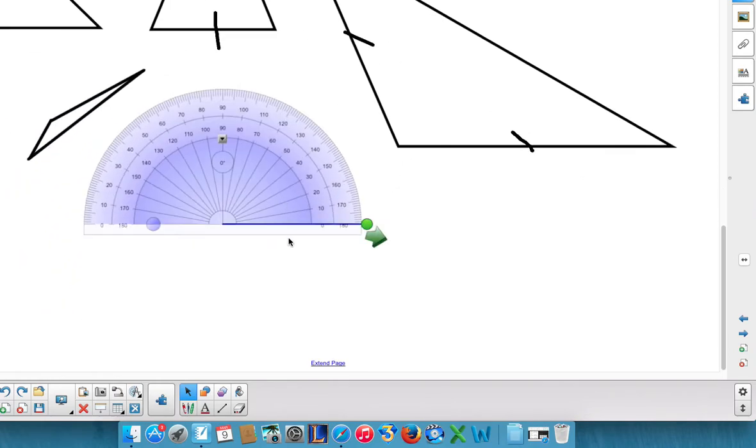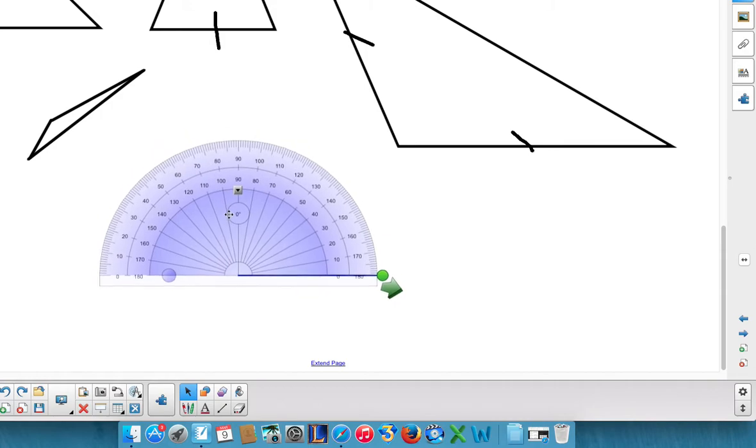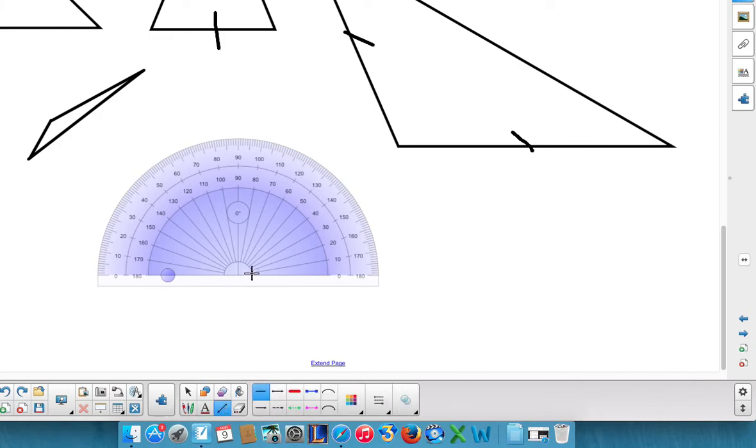Next, I just want to show you how to draw angles just using your protractor. So imagine in class you're asked to draw an angle that's 30 degrees. The first thing you're going to do is have a baseline where your 0 is, and then you're going to match it up